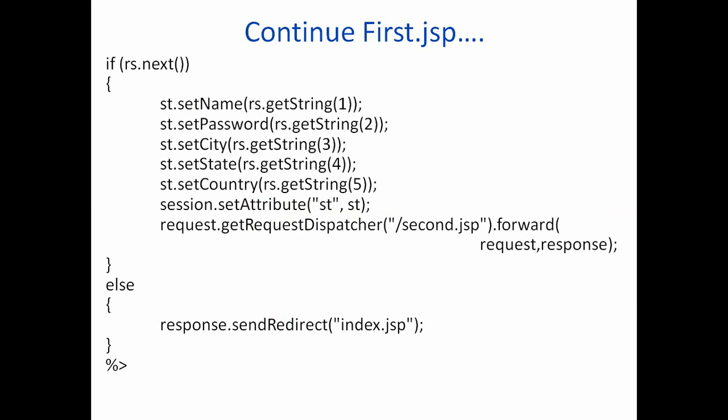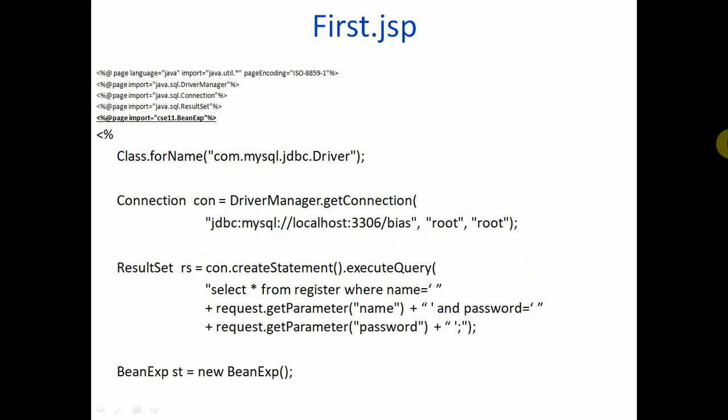So while jumping to the second server we have to create a session. That session attribute is st. St is the object of the bean example class. So we have defined this line, and now we write request.getRequestDispatcher. Now we will dispatch the request and move to second.jsp, and we already have the session attribute st. So we will forward the same request and response which was forwarded from